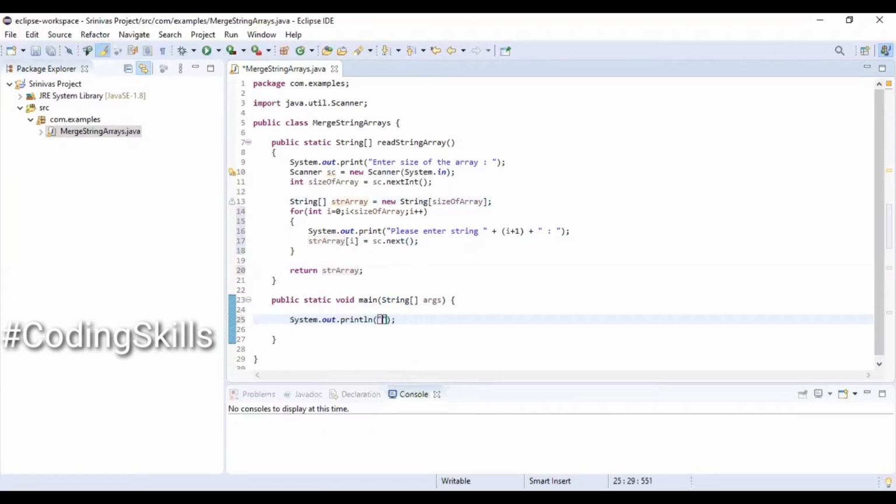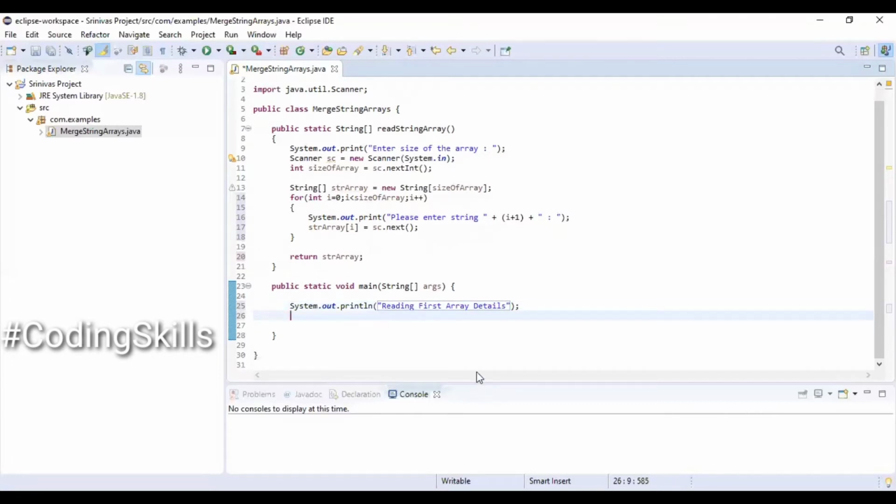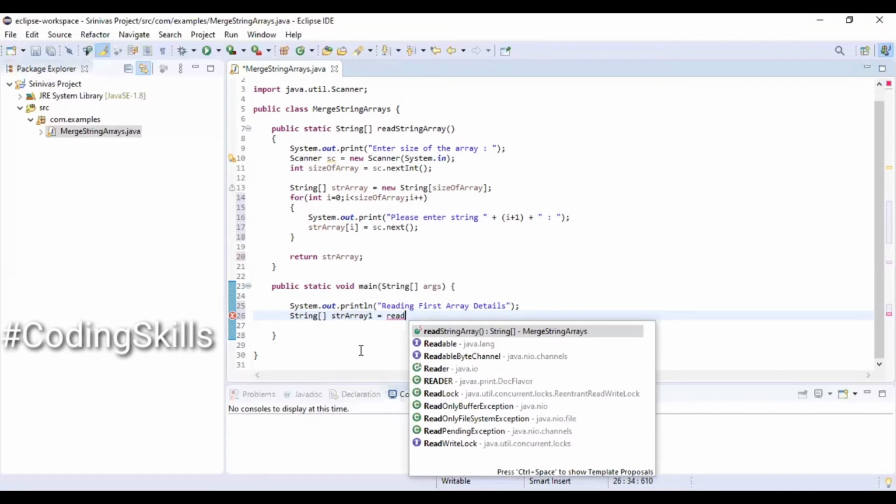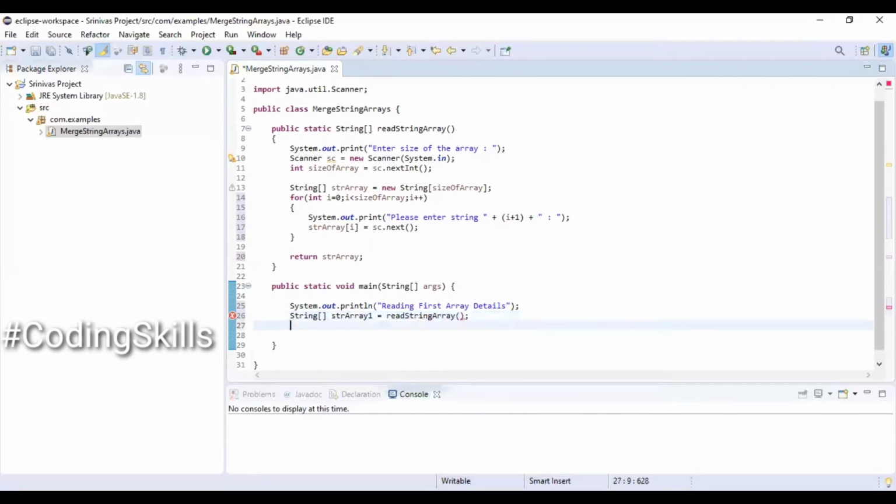Within the main method, printing a message reading the first array. Declaring a string array strArray1, and we are calling the method readStringArray.